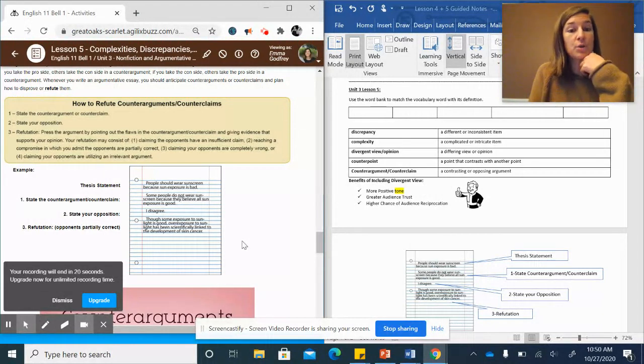Though some exposure to sunlight is good, overexposure to sunlight has been scientifically linked to the development of skin cancer. And obviously that is a bad thing. So you have your side, you acknowledge the other side, disagree with it, and then state why. So those are the steps you need to be including in an argumentative